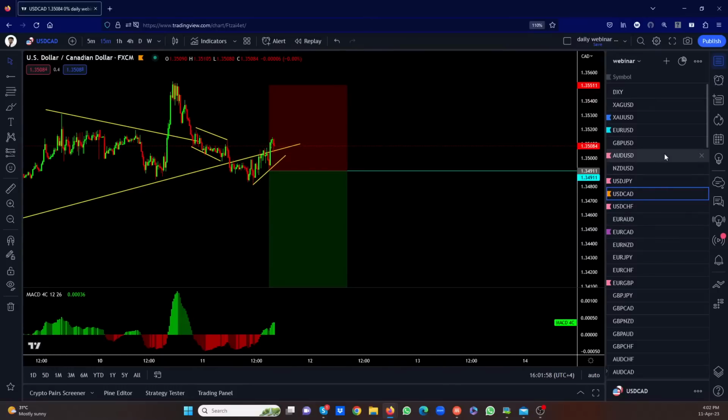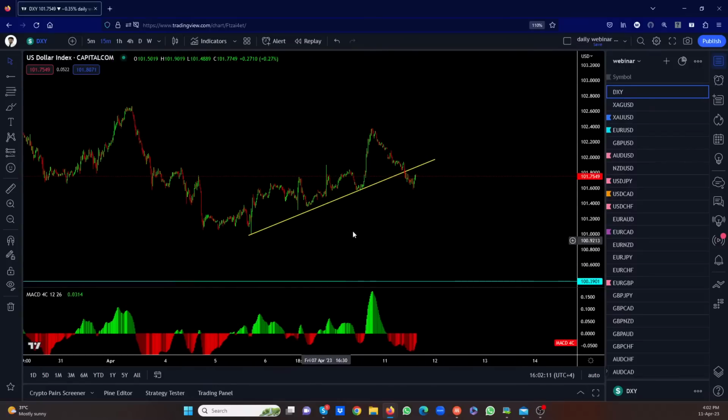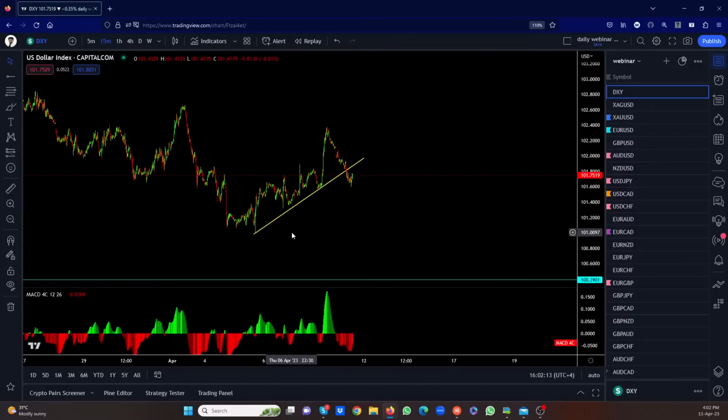And now let's go. I'm going to go through the dollar and all the majors. We're going to look at the trade setups that we have, and we'll take trades. We're here to trade, right? So, dollar index. It broke out, but like I said, this line is irrelevant. That doesn't mean dollar index is going down. The only way we're going to look for a sell on the dollar index is if we start to get a correction here. And as soon as we get that correction, we'll be selling.